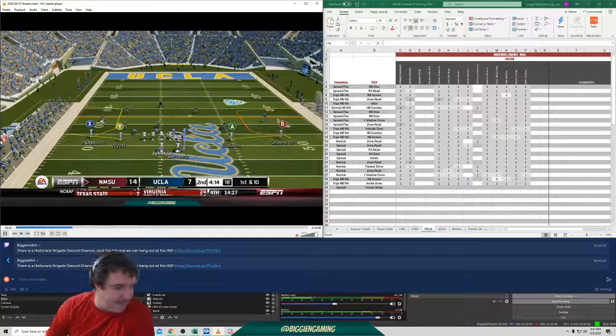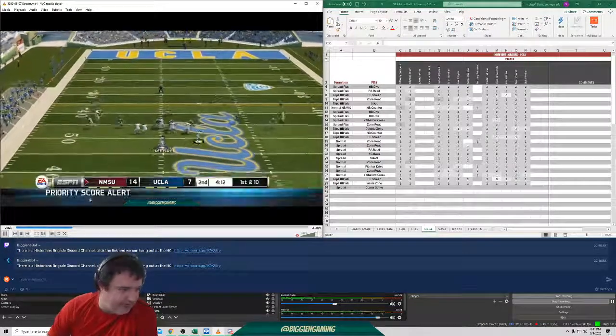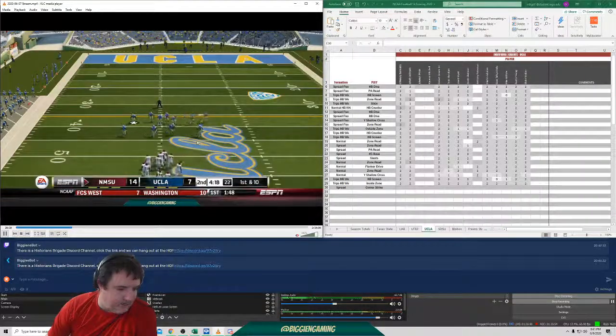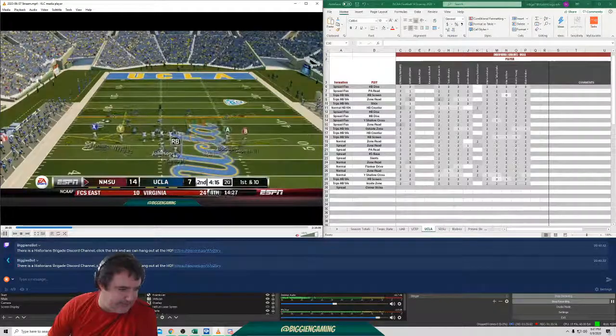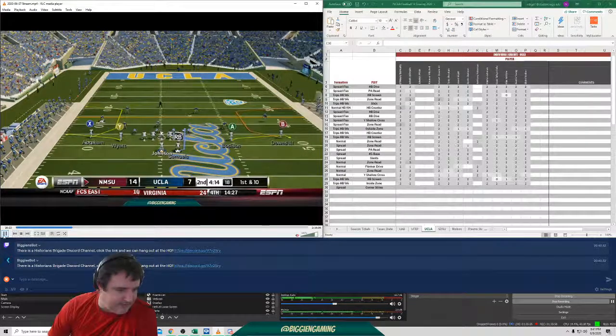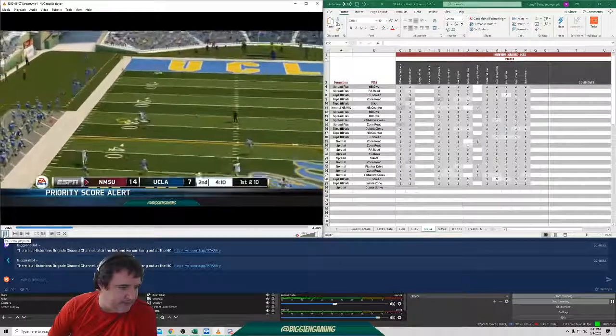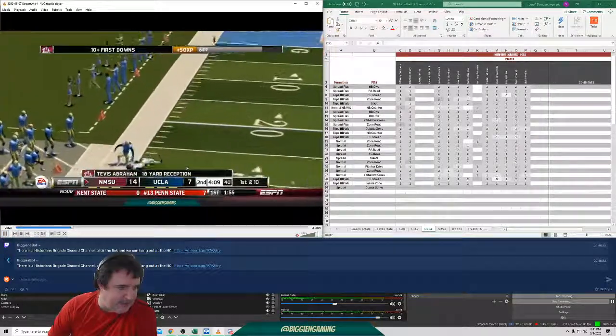Again, when you make these calls, you just got to live with some of the things that you decide. But this ball is so great. This is about timing, right? You guys watch the NFL and they talk about timing and this and that. Look at this, ball's out. He has not even made his break yet on the corner.